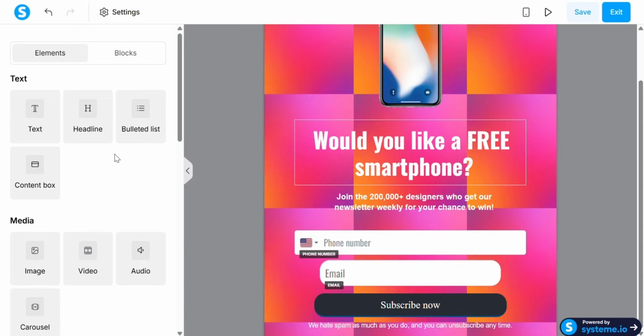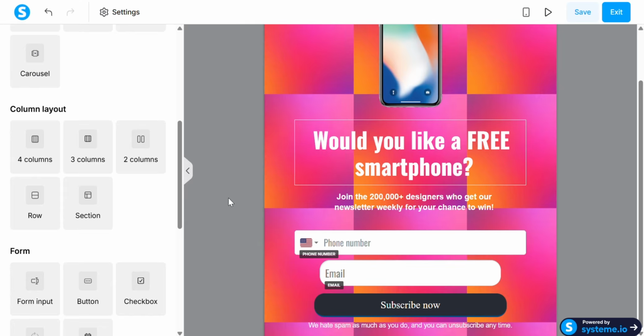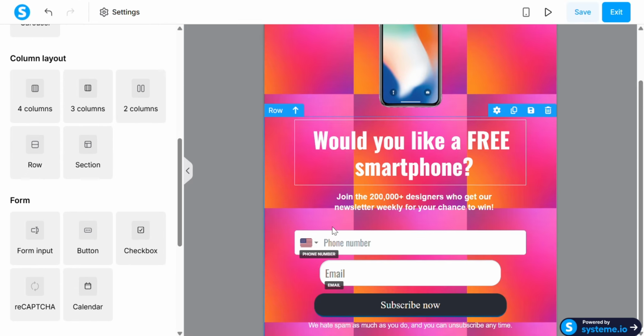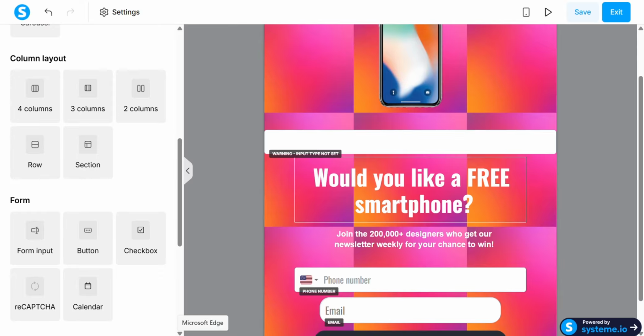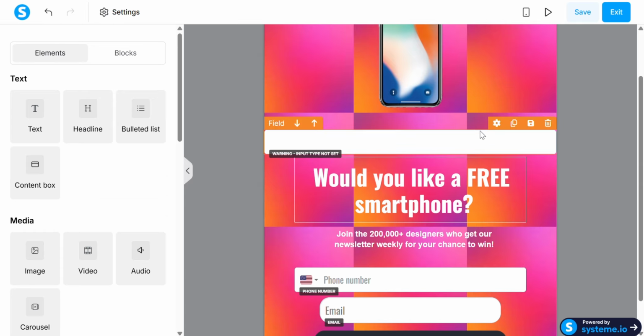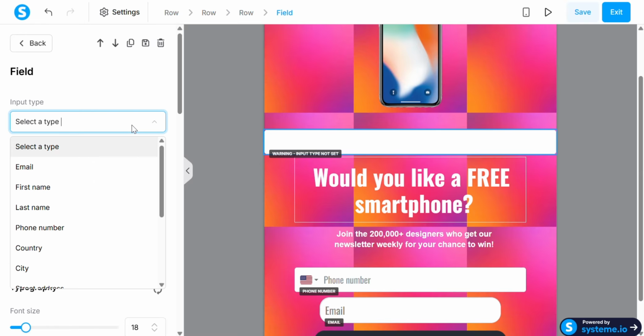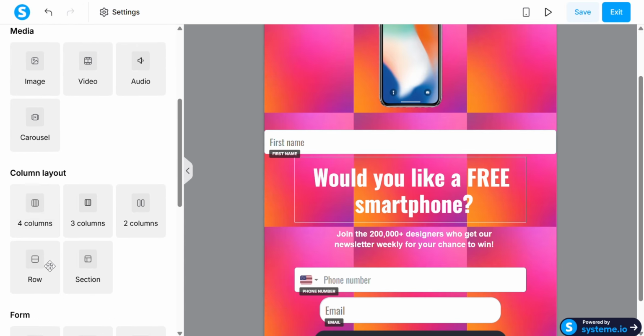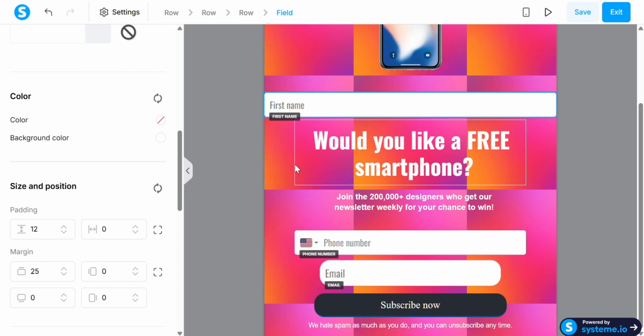Now as we go back here, you can drag another form inside the form input page. So in order to add another field in it, you just have to drag anything you want inside. Then you have to go back here, then click the gear icon if you want to add something inside, like for example first name, and you can customize this one. So then once you're happy with the design, you can click the save changes.